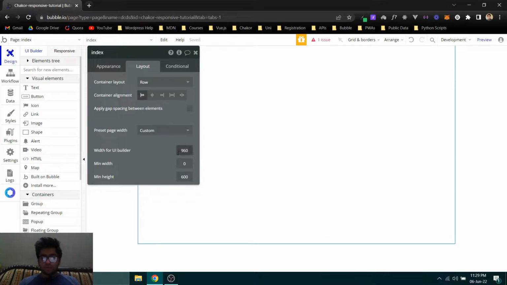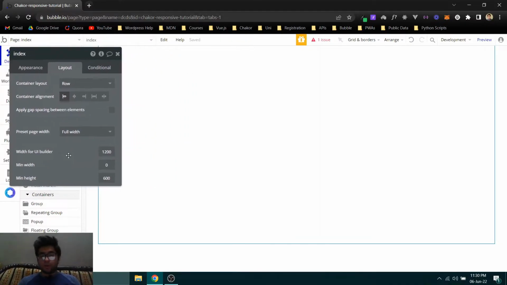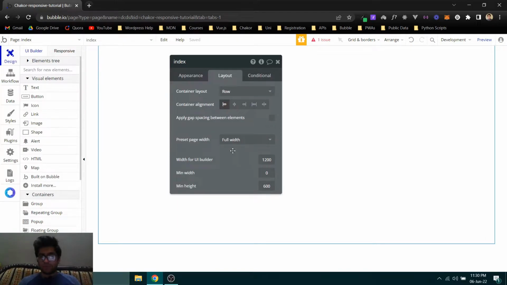For this scenario, we make sure that whatever we are creating, if it's a website or a web app, for the web app it can vary, but for websites or landing pages, you make every page 1200 pixels, or some people make it 1120, some make it 1180. So it's about your liking, but mostly if you make it 1200,